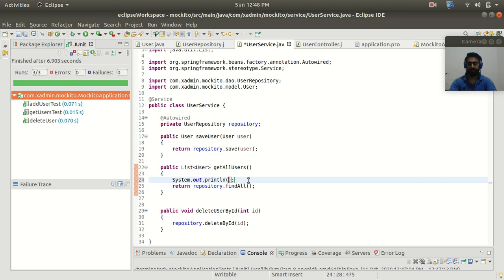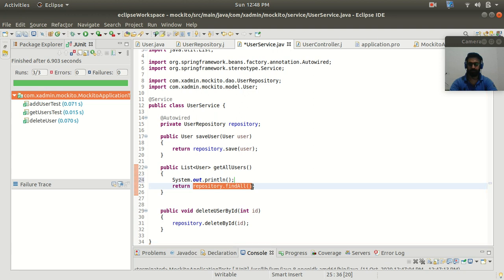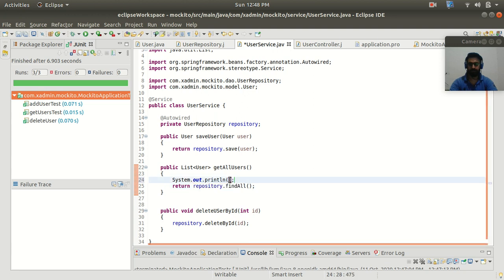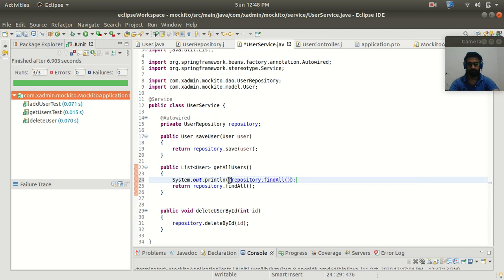System.out.println. And here I can simply call the repository.findAll method, and it is going to print our data. So let's add a dummy string here, "data from database" or something.